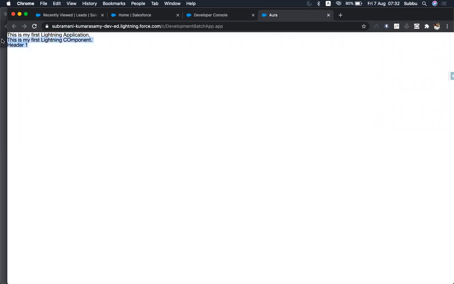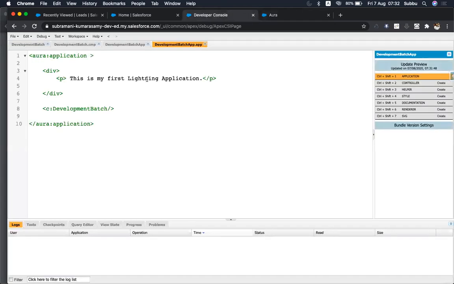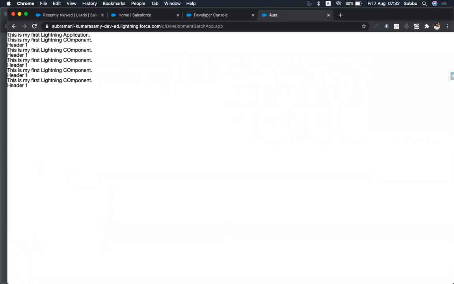Like this you can implement the same component or different components a number of times. We have called this component 4 or 5 times. That's why we have all the output here.